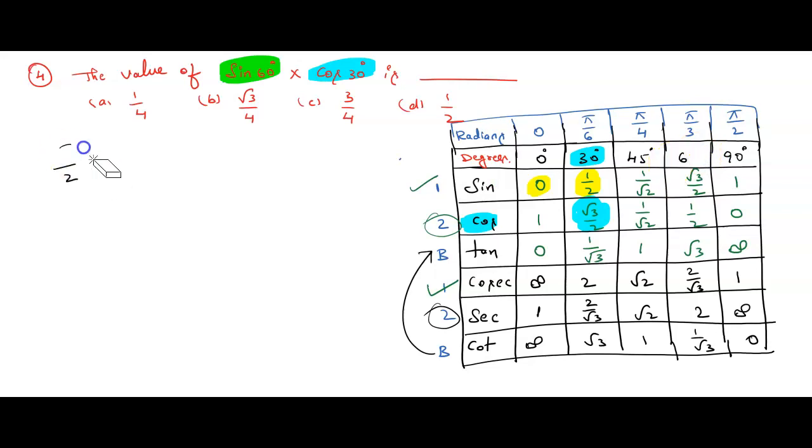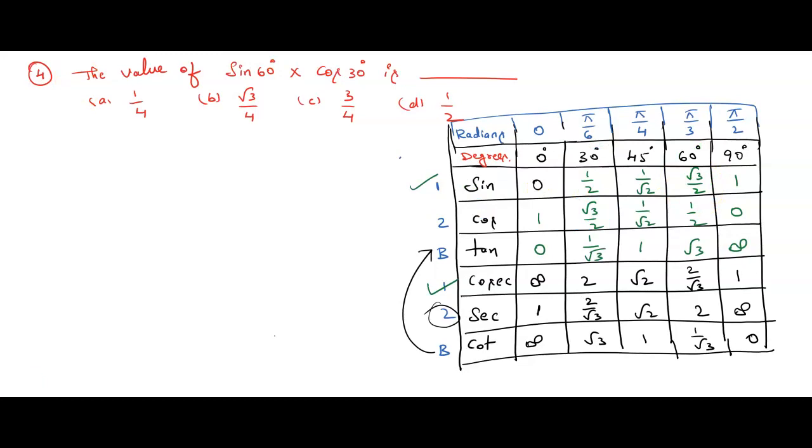Now here what we have to calculate, children? We have to calculate the value of sine 60 degree, right? Here is sine, can you see here? This is 60. Sine 60 is root 3 by 2. Once again, we want to find sine 60 degree. You can see in the sine line and this is 60 degree. Sine 60 is root 3 by 2. So here we can write the answer as root 3 by 2 into.